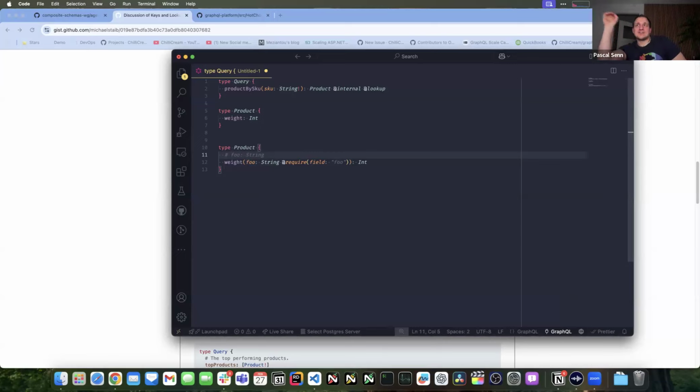Because external essentially means that you have a GraphQL schema which seems valid, but it's not, because you can only get this field through certain paths. And if you don't get the field, you have to throw an error. And that's a runtime issue, which isn't nice. Do you know where I'm coming from?